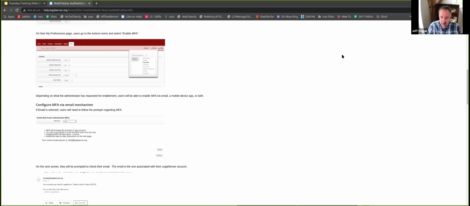Yes, totally understood. One thing to note is that if you're using something like 1Password elsewhere for your password management, 1Password could be that app that is the secure code, right?